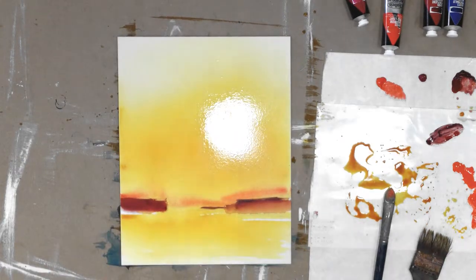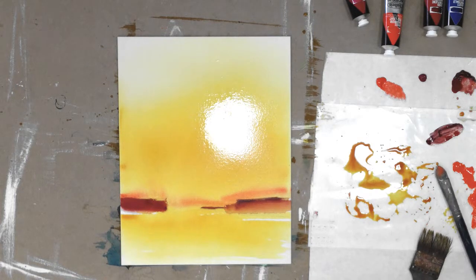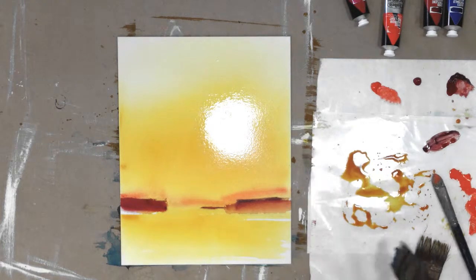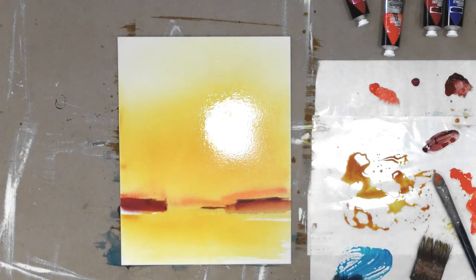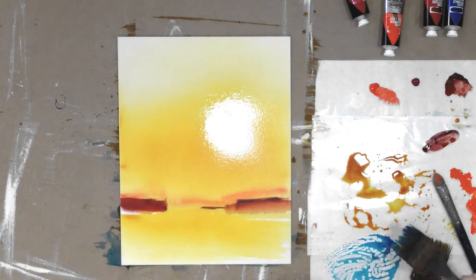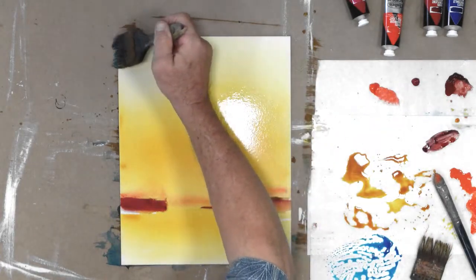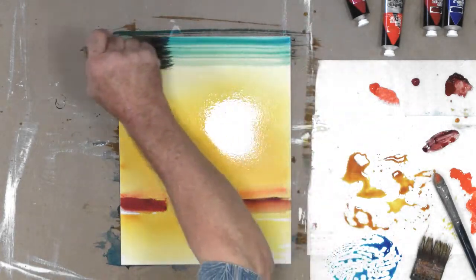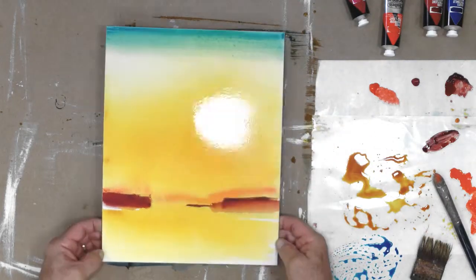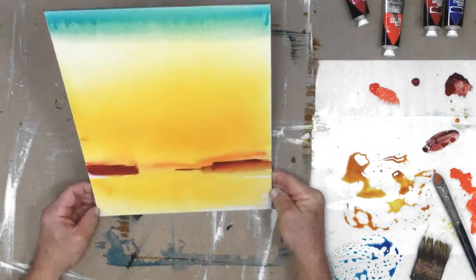Because the sun has set, we're going to start getting some blue in the upper area of the sky, so I'm going to use some of the phthalo blue, which is another one of my main colors that I use in my paintings. And I'll use a thin wash of that, very thin. I'll add that up to the top edge of the painting, and we'll let that flow down into the gold,